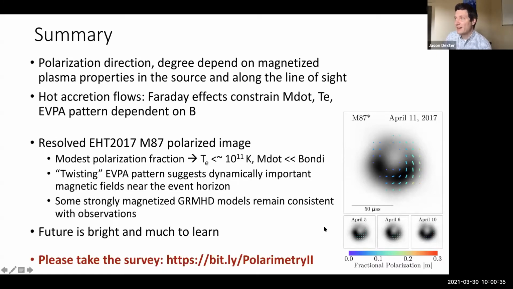I think the main effects that we have are due to the aberration and the light bending. So we have a parallel transport effect, which can also rotate the EVPA a little bit. I think that currently, I'm not sure I have a great answer on that. They really matter for shaping the images in general, right? So I think within that scheme, they don't seem to produce large extra changes to the polarization pattern, except as I mentioned in the case of, say, if you were to put in by hand a purely vertical magnetic field.